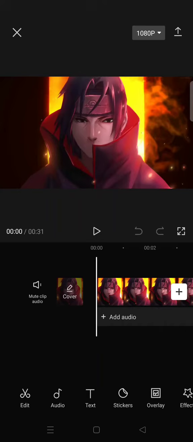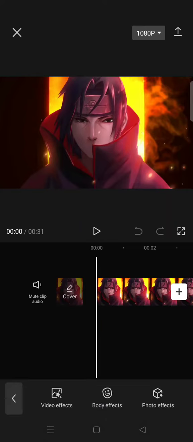In today's tutorial, I'm gonna show you how you can add an eye glow effects in CapCut. So here I have already imported an anime video, and then to add the eye glow, you can just go to the video effects and go to the body effects,